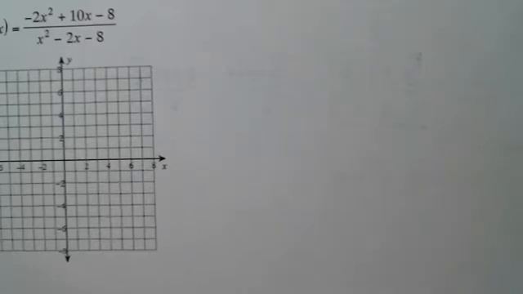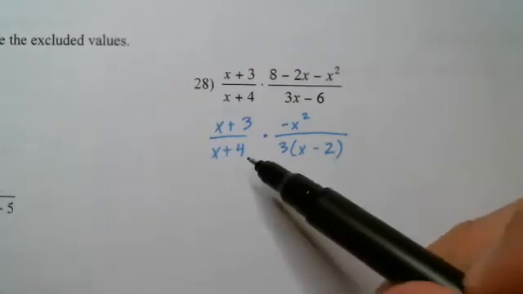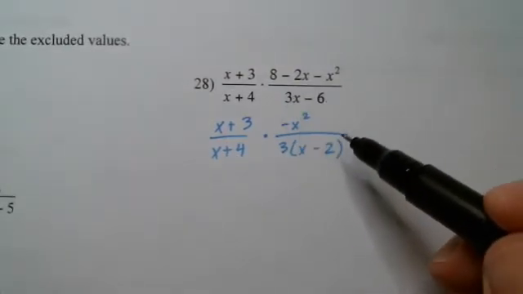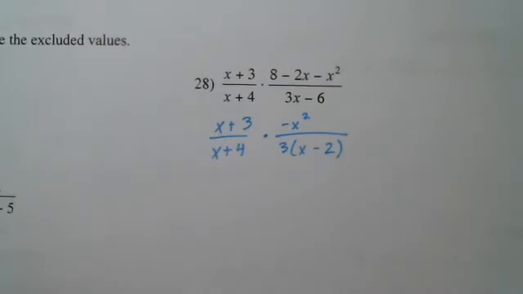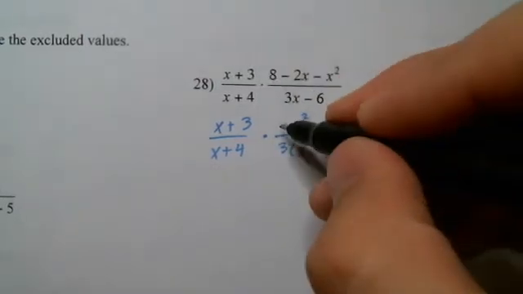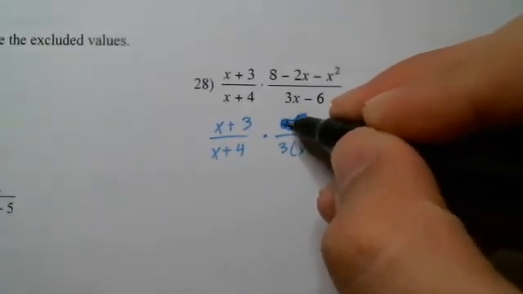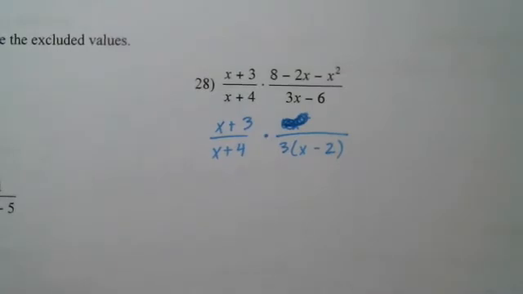Now looking up here at the top, I can rewrite that as negative x squared, x plus 3, x plus 4, bring it down, and then I just factored 3x minus 6 to get 3 times x minus 2. Wait, how did you get the negative x squared at the top? Well, hold on. I started that. Oh. Yeah. So right now it's just there. Now I have this